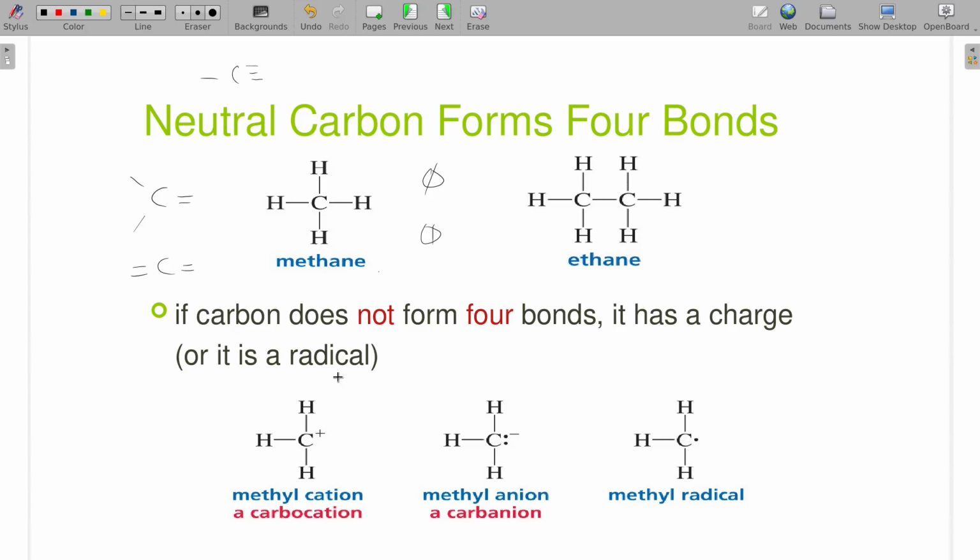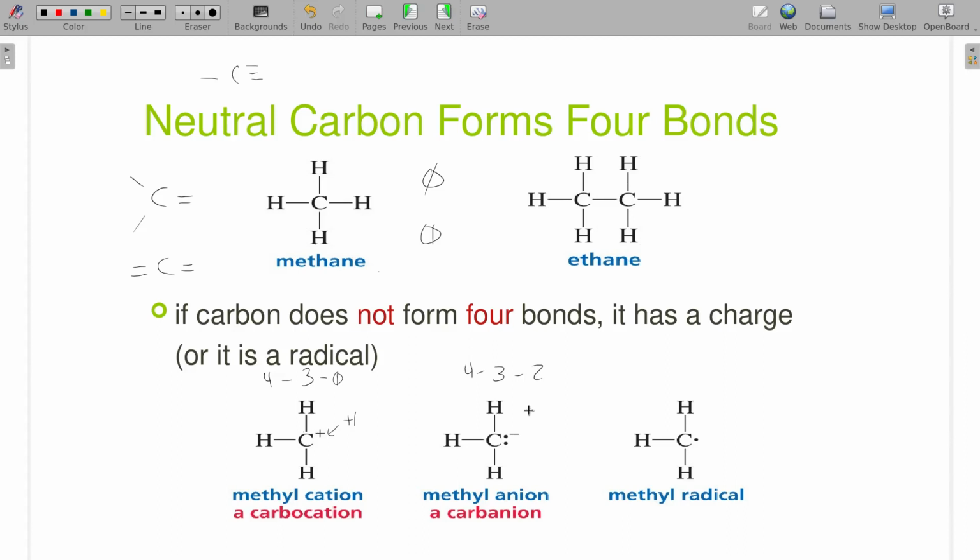But let's look at some other deviations. Sometimes carbon doesn't have 4 bonds. There are methyl cations where the electrons are just not there anymore. There are methyl anions where there's a pair of electrons there, and there are methyl radicals. These all have different formal charges, but we can figure that out because 4 valence electrons minus 3, 6 divided by 2, and no lone pairs. That particular carbon has a formal charge of positive 1. Over here we have 4 and 3 and 2 for those 2 pairs. Sorry, that would be not.